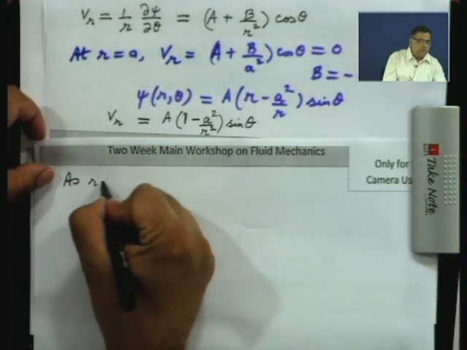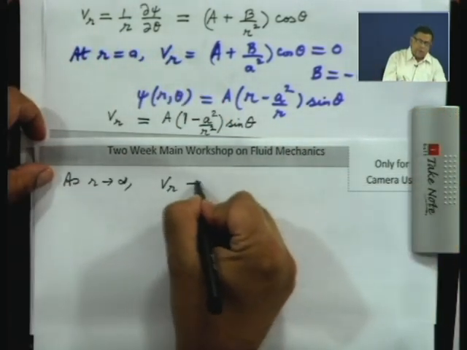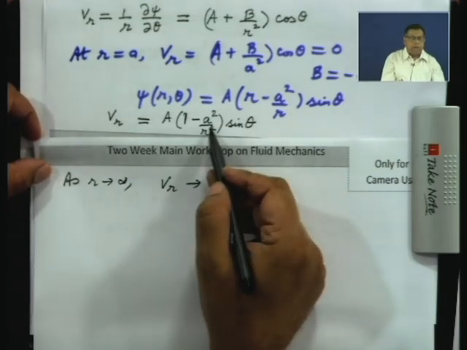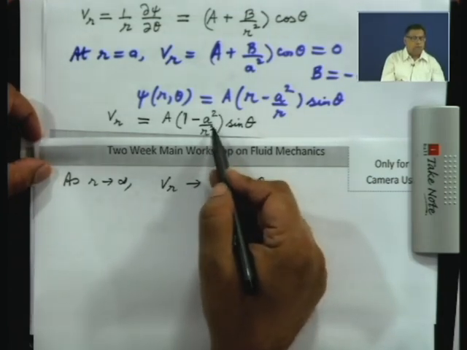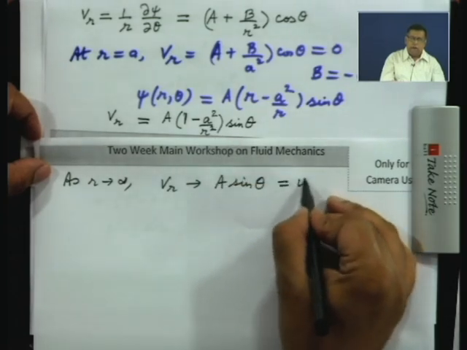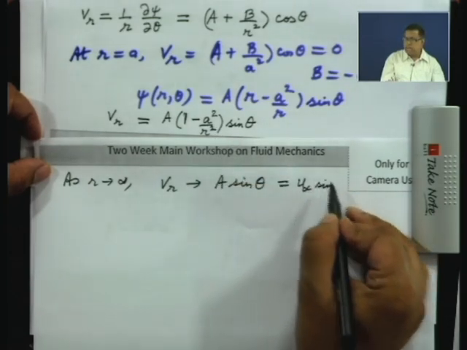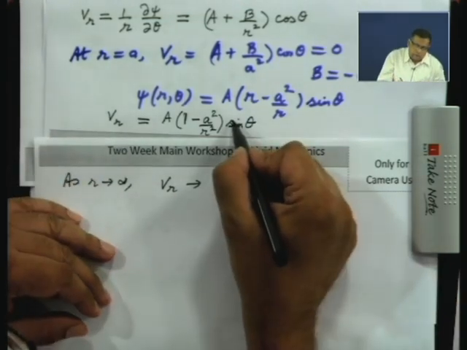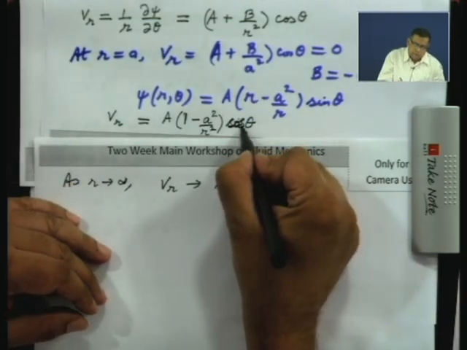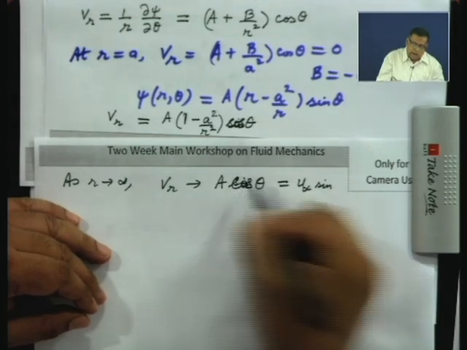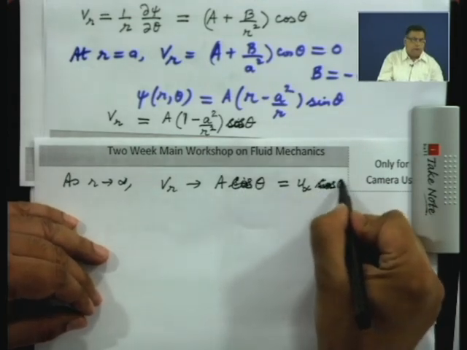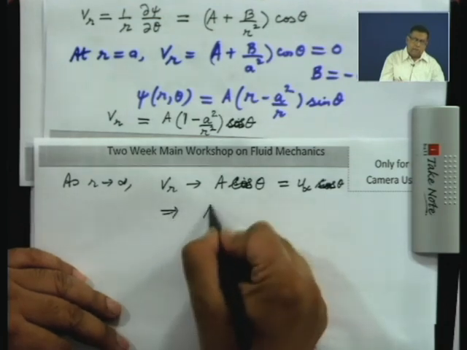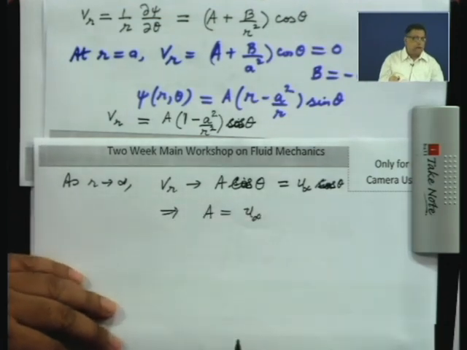As r goes to infinity, V r will approach a sin theta, because you have r in the denominator. So, this will go to 0, but this must be equal to u infinity sin theta. Sorry, I forgot this cos here, you have to differentiate, this is cos. So, this approaches a cos theta, which is u infinity cos theta. So, that means that a must be equal to u infinity,